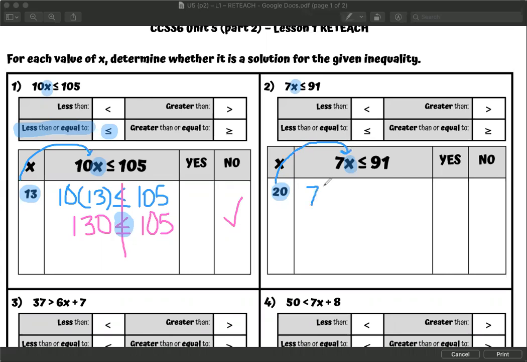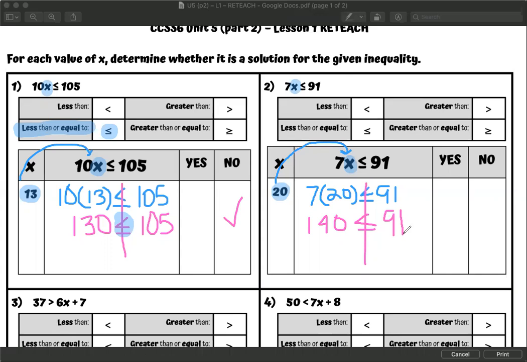So I'm doing 7 times 20. Bring down my inequality symbol, bring down the 91. And then we're going to calculate. 7 times 20, plug that into your calculator, you get 140. Bring down my inequality symbol, bring down